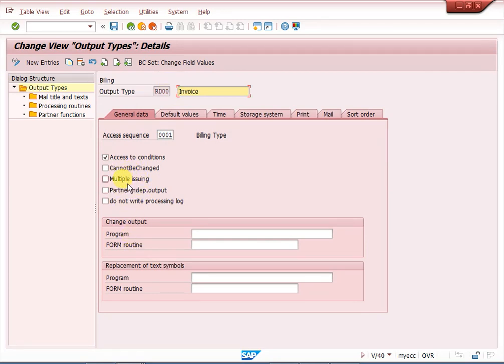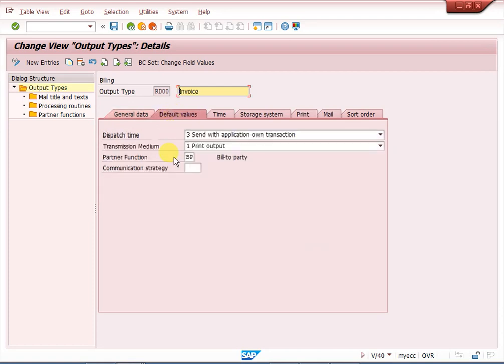These two we can generally use to move our output data to TM or TM EDI, for that purpose. Otherwise, no need to maintain. You can maintain program, form routine here. Otherwise you can maintain processing routine. I will explain that in that step.